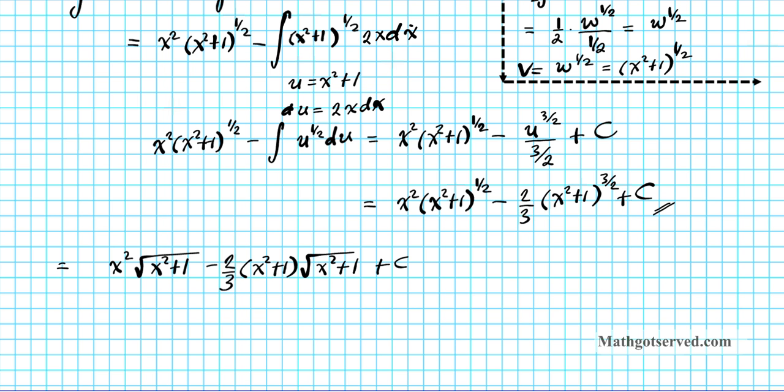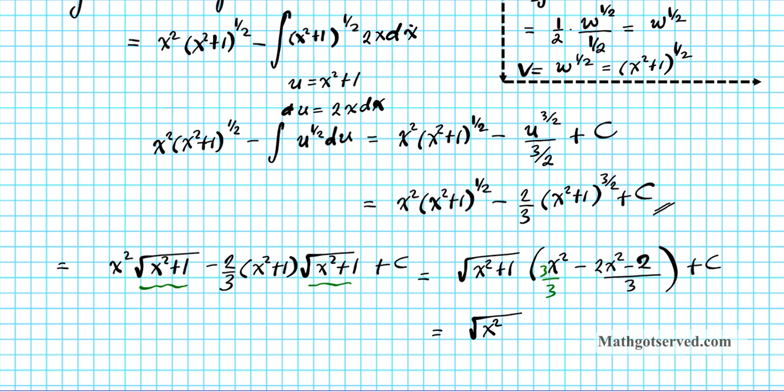Now we can factor out the square root of x squared plus 1, right? Let's go ahead and do that. Factor out that radical piece. So we have the square root of x squared plus 1 times x squared minus, you can distribute this -2 to the numerator. We have minus 2x squared minus 2 over 3. Okay, plus c. And then we can find the LCD here. Just multiply this by 3 top and bottom. 3 over 3. And if we simplify, we're going to have the square root of x squared plus 1